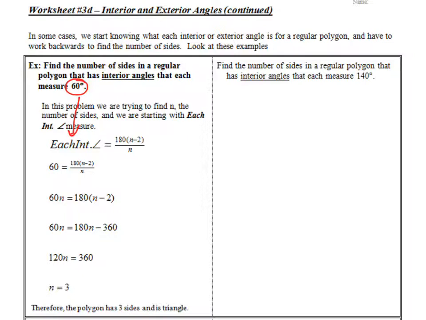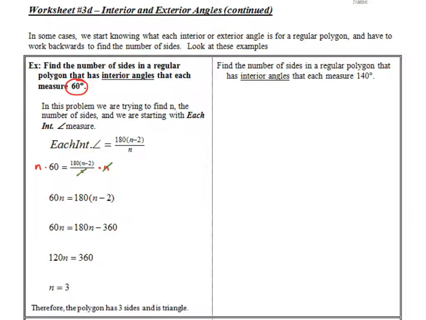Now I want to solve for n, but right now there is a problem because the n is the denominator. I can deal with that, and you may want to add this to your notes, by multiplying both sides by n. When I do that, the n's cancel, and so I'm left with 60n equals